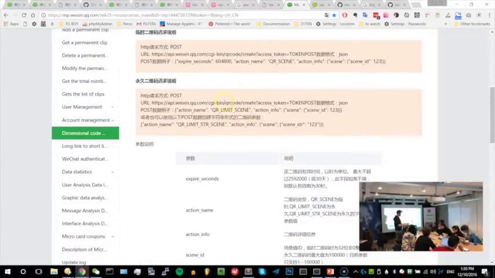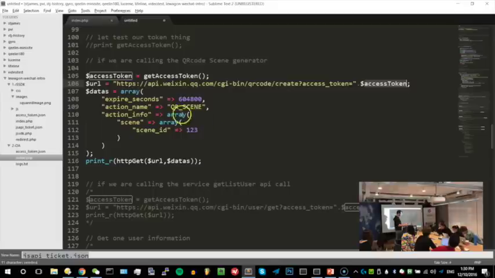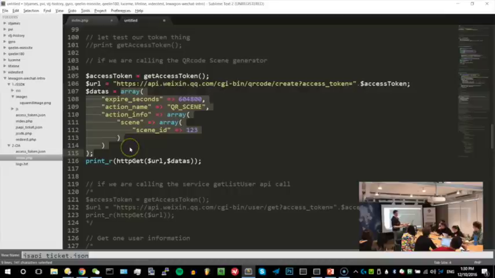So I took the example here, and I just did it myself, right? The small difference is here I created some PHP arrays that I'm gonna convert later to JSON to have a clearer view of the stuff, and as well to be able to manipulate the array easier. Expire seconds: there are two kinds of QR code. There's the temporary QR code that is only available for a certain number of seconds, and full-time QR codes, I mean ones that always work.